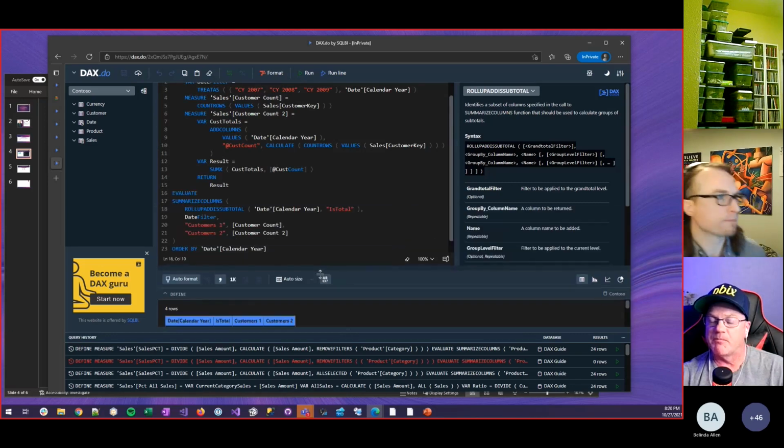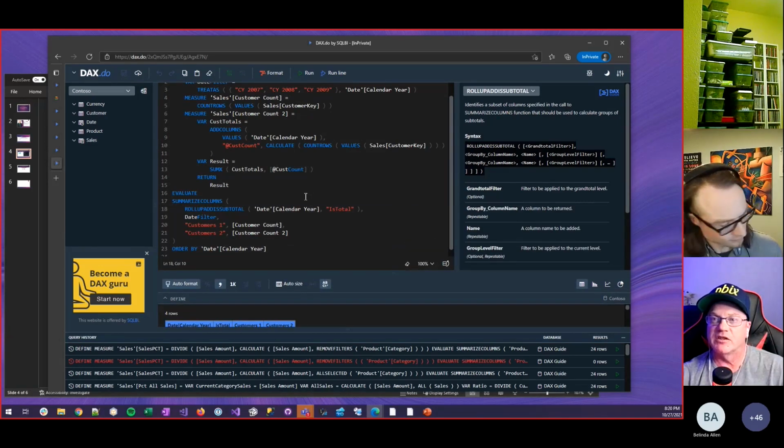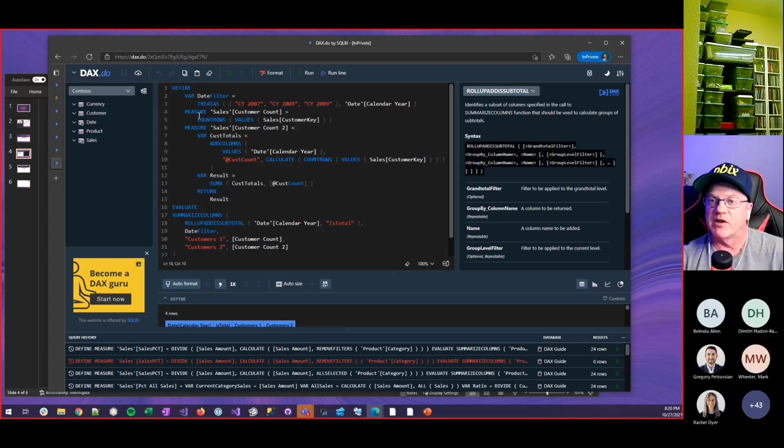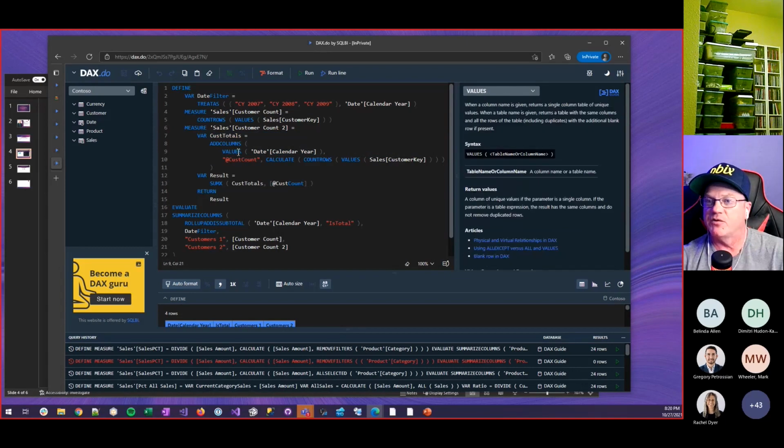And my point again is using DAX.do because it's coming from the SQLBI guys. I went out here and just very quickly was able to write the query and then start messing around with the solution until I came up with my customer count 2. And you could see I went through, because again, you can't use summarized columns. I produce and add columns where I get the values of what we're doing for the date year, add a customer count to it, wrap it in a calculate,